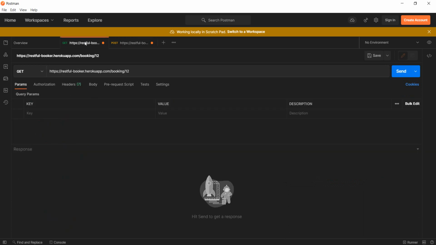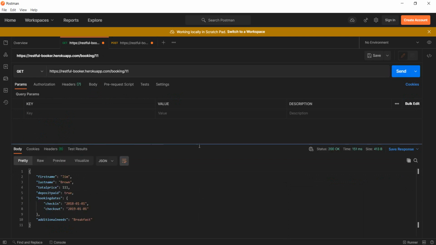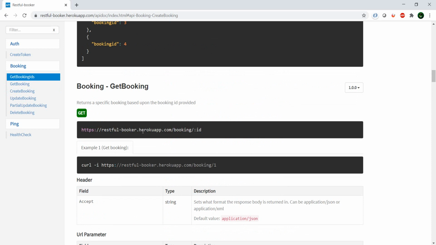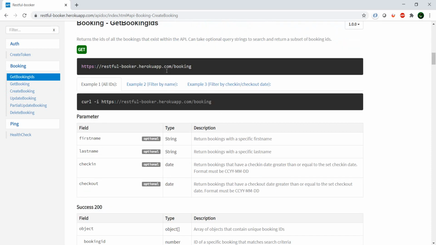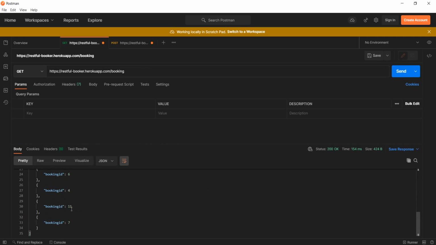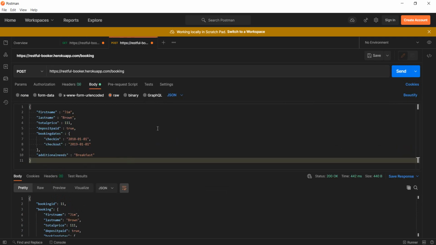Let's make a GET request to see if there's a booking 11. So we actually can see the information. And let's have a look at getting all of the bookings. So if we would do just booking, okay, we should have an 11 here somewhere, and there it is. Okay, so now we have seen how